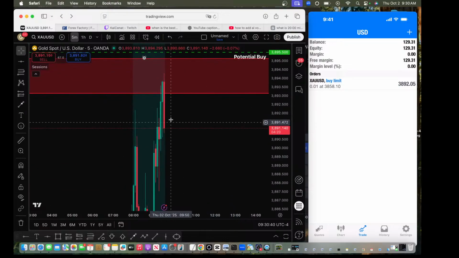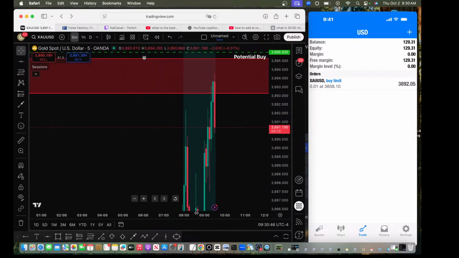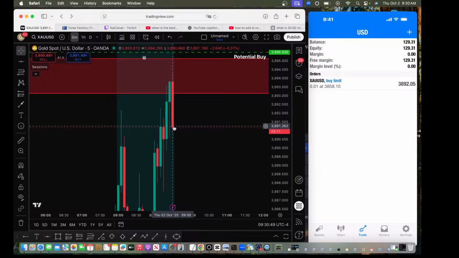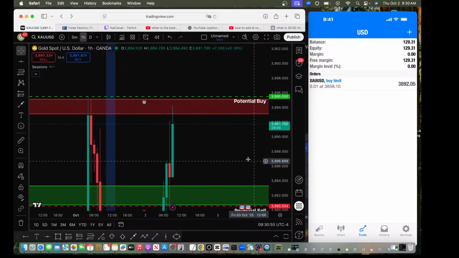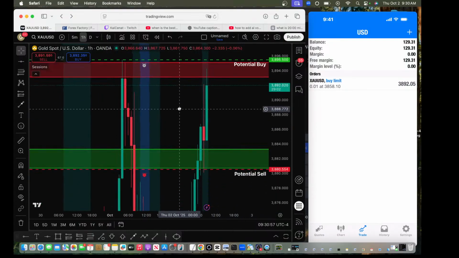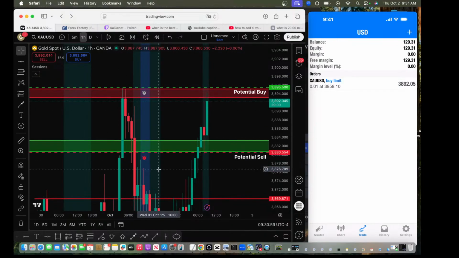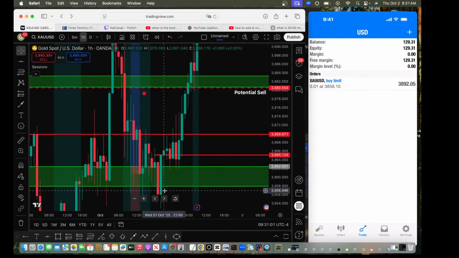Oh, this is a good sell, kind of. This is a bearish engulfing at a strong area of resistance. Now let me show you this, right? The reason this is a good and bad thing: number one, the last time price hit this area, it dropped all the way down here. So I have to keep that in the back of my mind. But at the same time, I have to go with the trend. The trend is bullish, right?